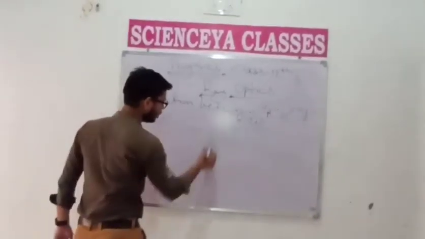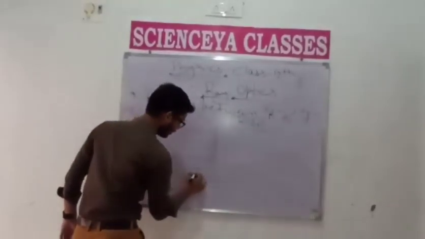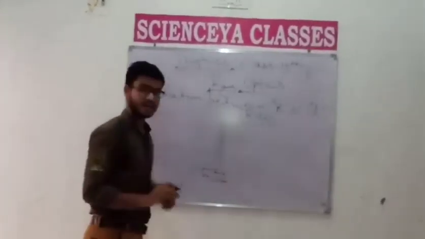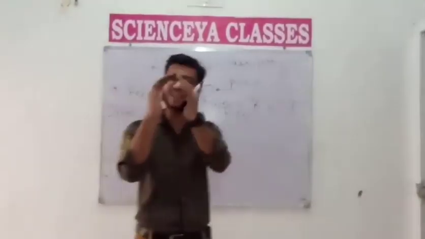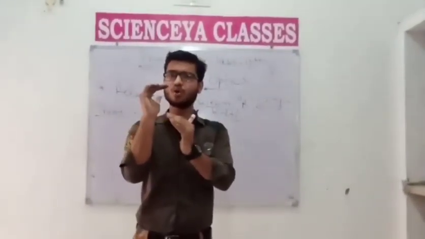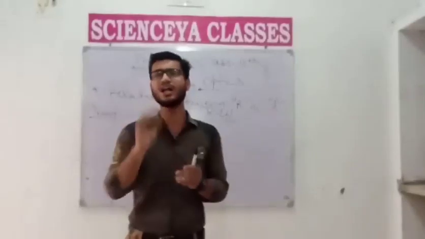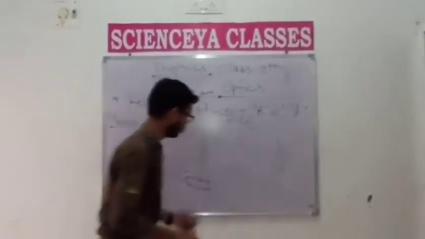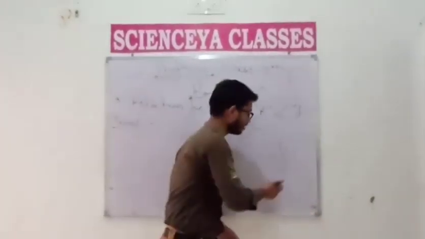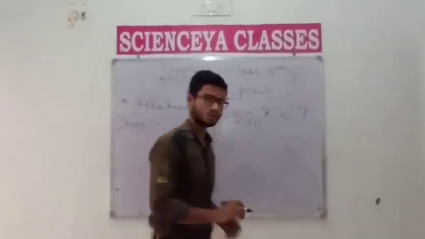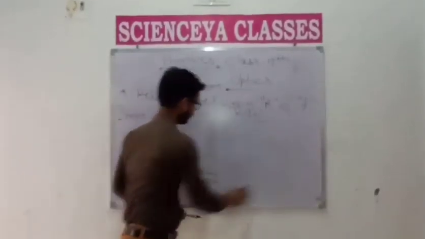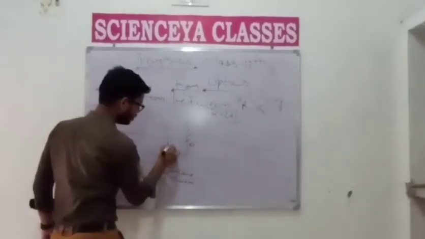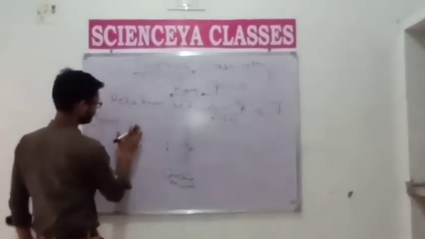Simply I use a concave mirror, and student, you note down that the reflecting surface of a concave mirror is not so deep, because student, these are all cut from a sphere in this way and polished on one side to make this concave mirror, so this reflecting surface is not so curved. Okay, student? So student, this is the principal axis, this is the pole, this is the principal focus, this is the center of curvature.